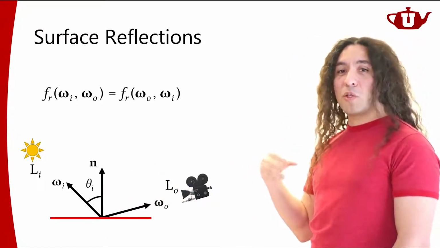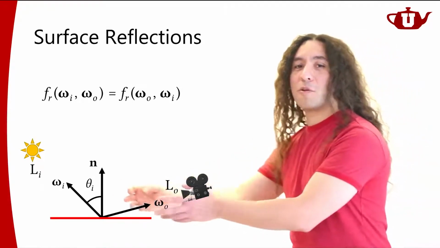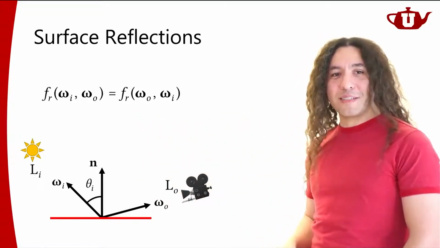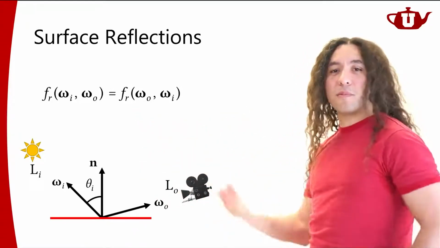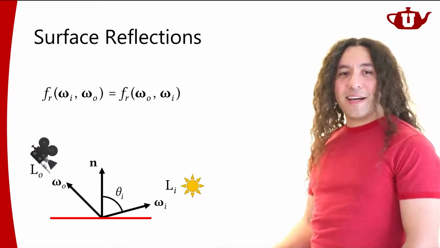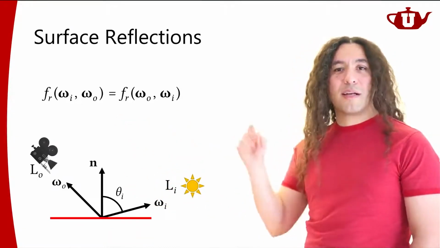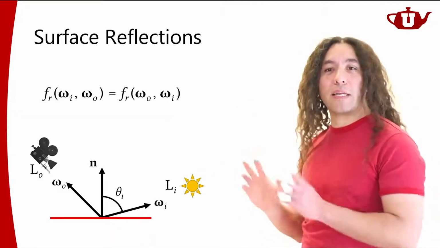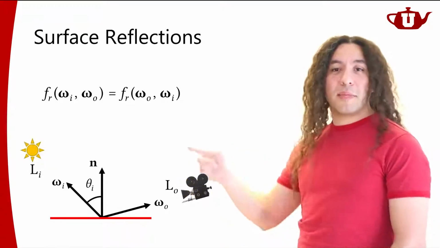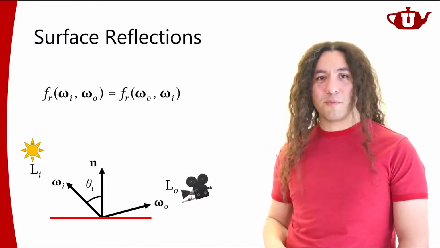Or I can, when I'm doing rendering, do the exact opposite. I can start from the camera and move from the camera towards the light sources. Geometrically, it's the same behavior. The light behavior is equivalent. Or I can think of this as switching the order of my camera and the light source like this. Yeah, the incoming angle is different and whatnot, but my BRDF is going to produce the same value. It's all related to how light interacts with surfaces, right? So either way, it gives you the same value. That's an interesting property of BRDFs.